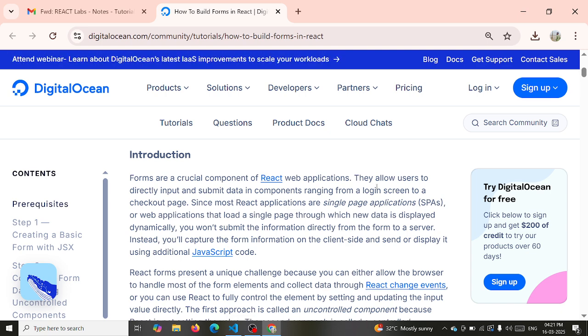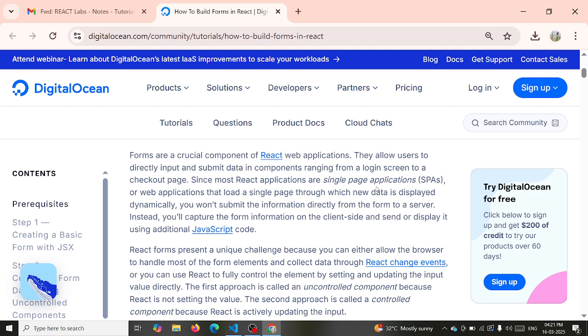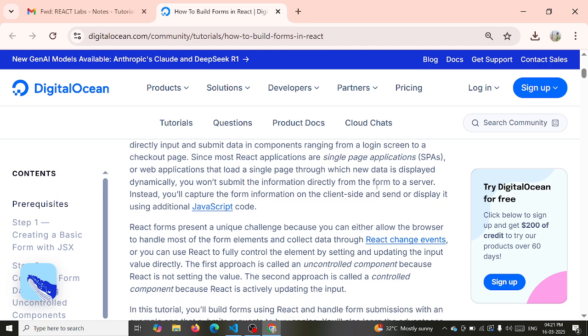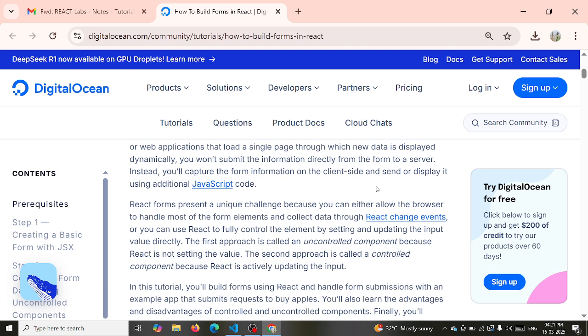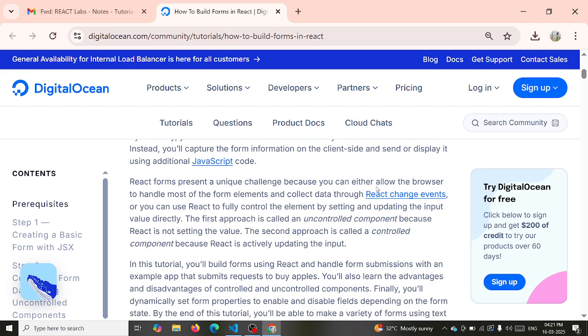Since most React applications are single page applications or web applications that load a single page through which new data is displayed dynamically, we won't submit any information directly from the form to a server. Instead, we will capture the form information on the client side and send or display it using additional JavaScript code. So basically,